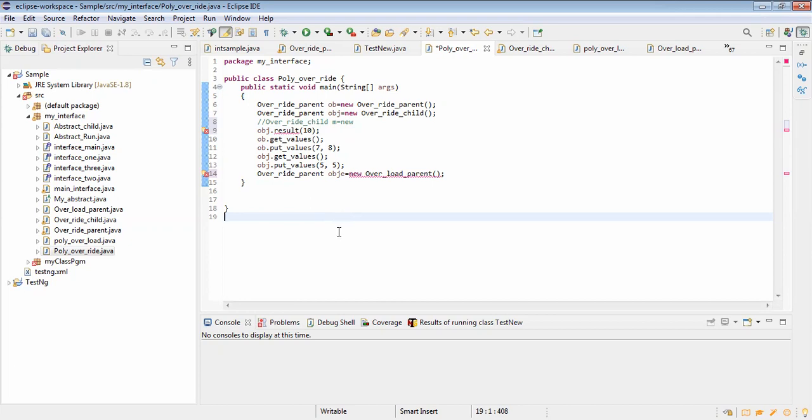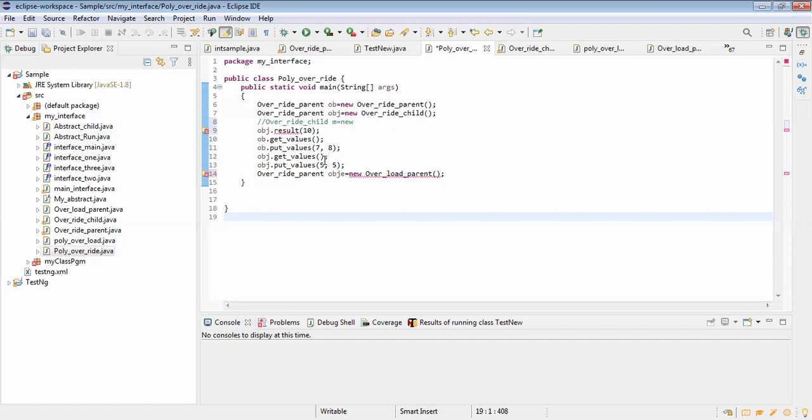Perfect. So now you have created an object for the parent. That means you can access only parent methods. The face you are showing over there in the constructor is the child face, but internally it has the parent. So that's why it has been mapped to the parent only. So this object is only for parent. Okay, got it?